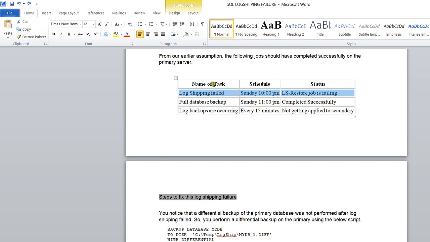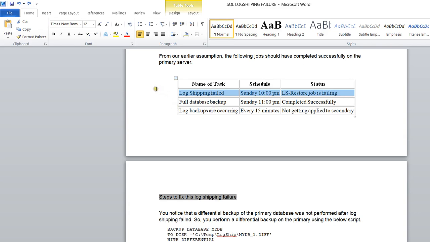So what it did on the primary is that the LSN changed, right? And that LSN is not replicated on the secondary, because your log shipping failed at 10 PM, right? After that, at 11 PM your full backup happened and the LSN changed.